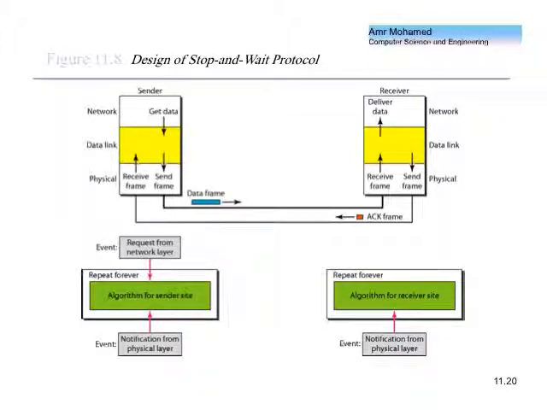Okay? So this is what we call stop and wait. So in the stop and wait protocol, I will send a frame and always wait for the receiver to tell me whether the receiver has received this